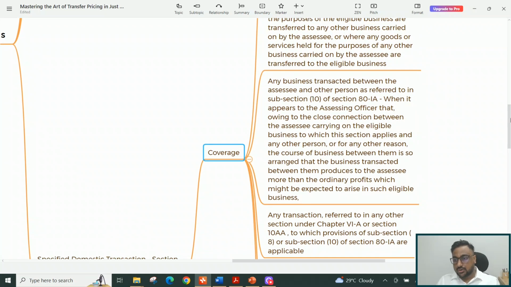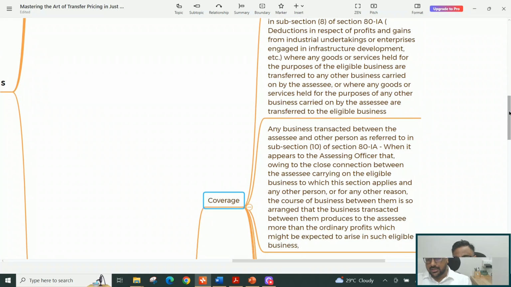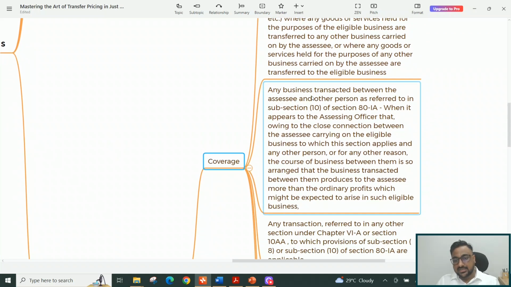So previously we saw subsection 8 transactions are also covered, and then they have also included any business transacted between the assessee and the other person as referred to under subsection 10 of ATIA. So now here it's a condition, right? Even the assessing officer has the right to trigger the transfer pricing provisions, but under some circumstances only. So when it appears to the assessing officer that owing to the close connection between the assessee carrying on the eligible business to which this section applies and any other person, or for any other reason, the